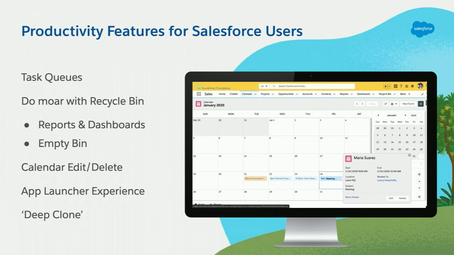Same with the app launcher experience. If you're in your pre-release environment, you've probably seen that the app launcher looks a little bit different. There are all these places in Lightning where we're just trimming clicks for your users, so these are really good to get comfortable with. Now with app launcher, if you click on the top left waffle, I think I'll never be able to stop calling it the waffle, you can see all those apps that you're navigating to most often. But if you like to navigate between tons of tabs using App Launcher, you can still search within that smaller top left preview, or you can go to View More and have that original App Launcher experience and view all of your apps and tabs in one place.